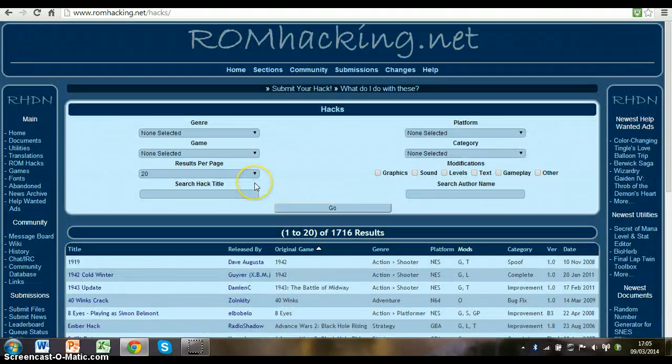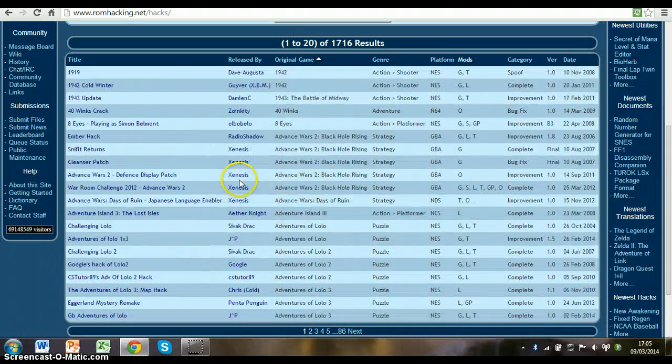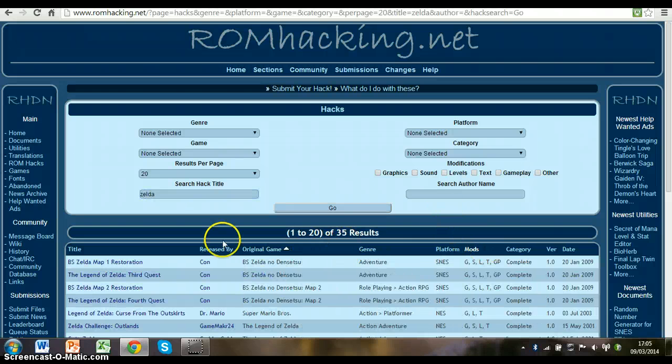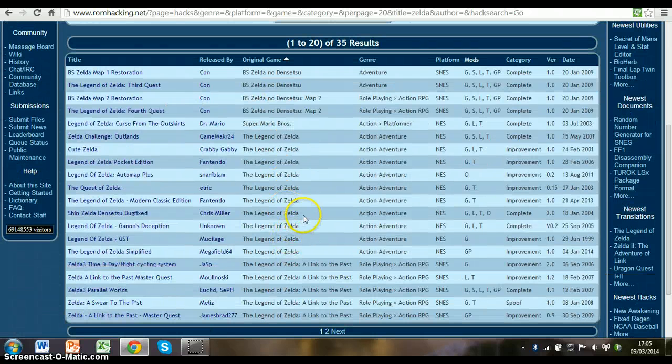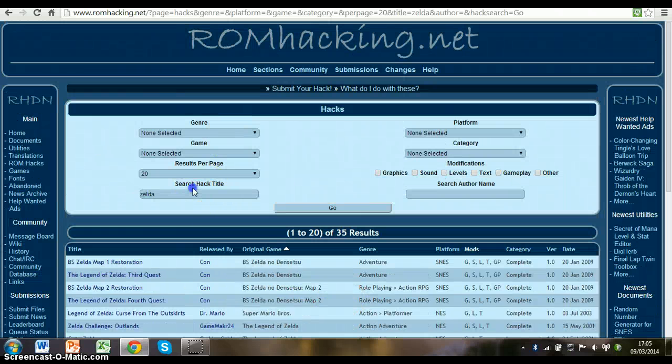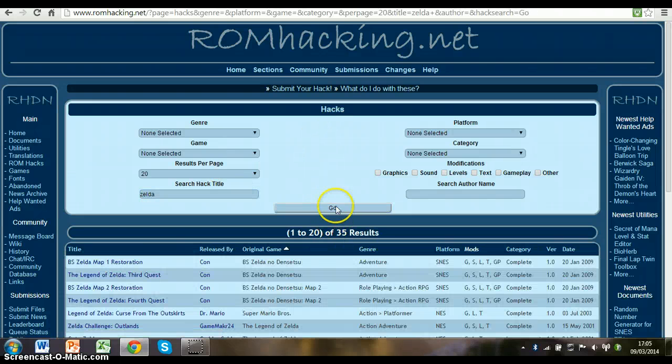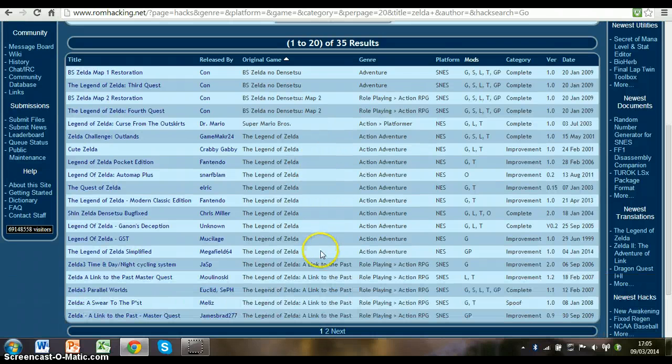There's a whole entire list of games. If I want to play, find a hack for Zelda, and press go. Now here's all the hacks for Zelda. Obviously I might want one for Legend of Zelda Link's Awakening DX. So if I just search Zelda DX, you have a higher chance of it appearing up. Obviously there's none, so if I just search Zelda, and I might happen to go with the Legend of Zelda